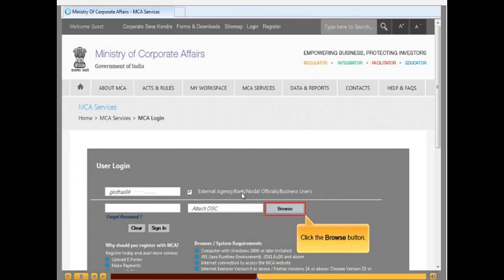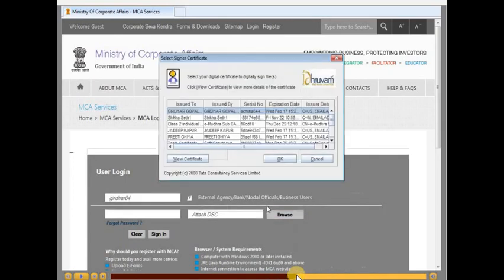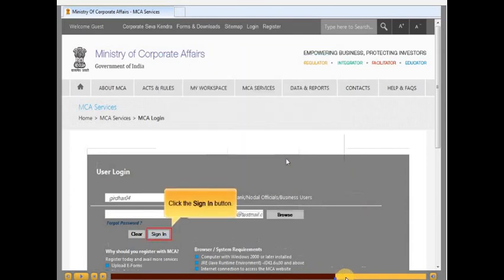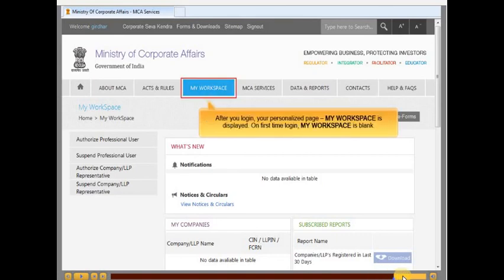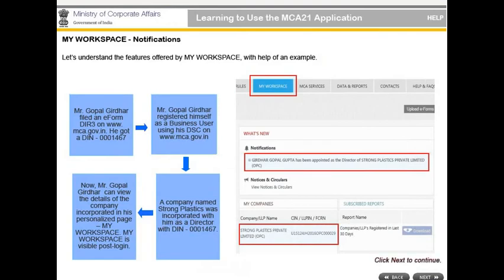You attach your DSC here, select the DSC you used at the time of registration. Sign in. Yeah, you successfully registered as a business user. Your workspace will be like this.